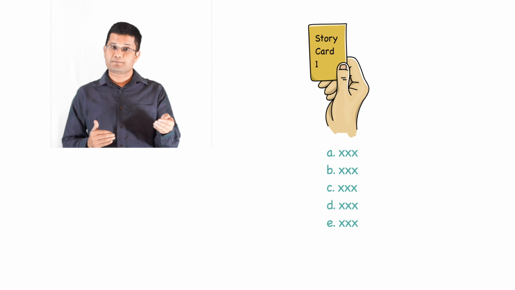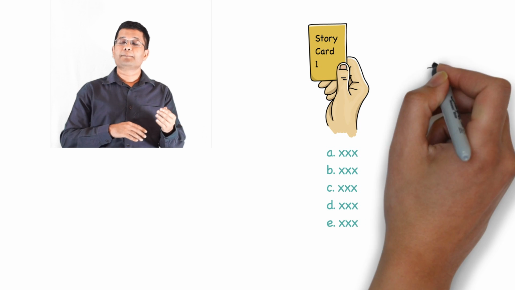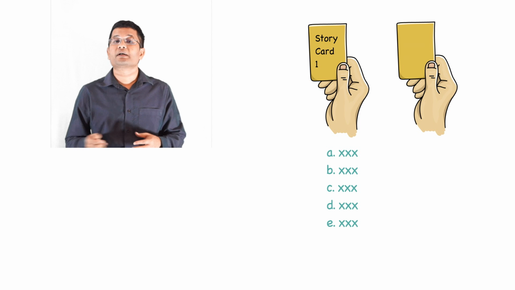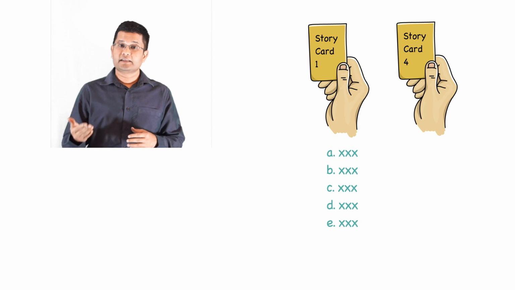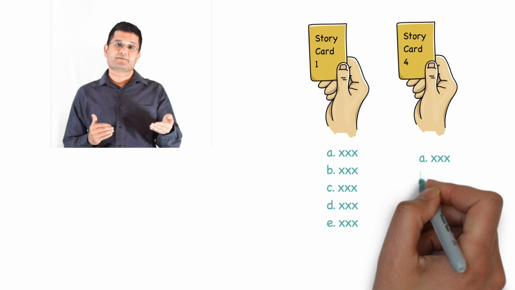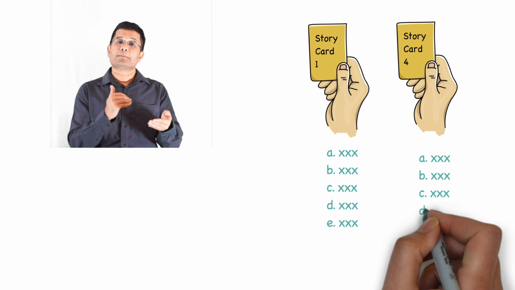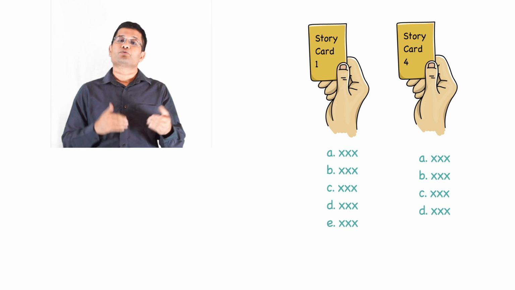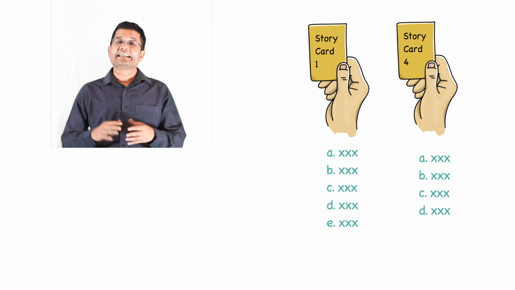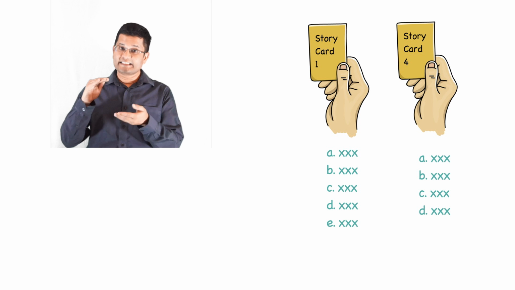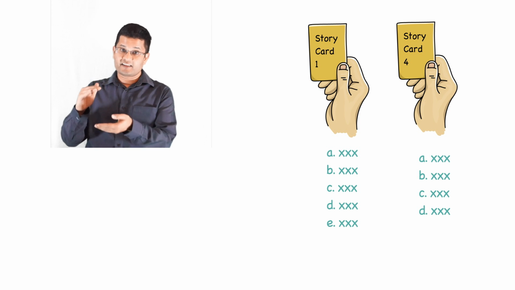Once I am done with this backlog item, I would go and pick the next backlog item which no one else has picked. And similarly, I would identify all the activities that need to be done to complete that backlog item. Now this would go on iteratively till all the backlog items identified for this sprint have been analyzed and